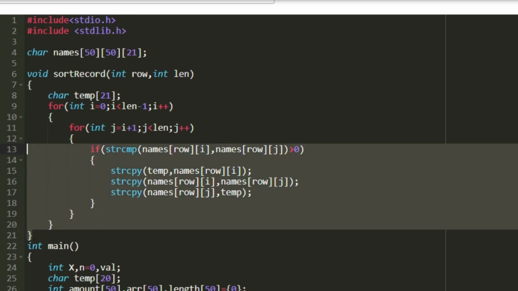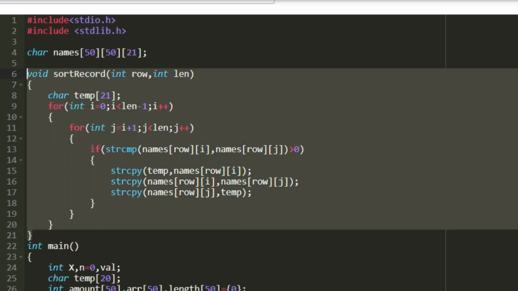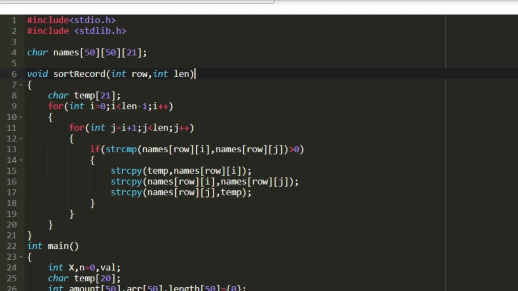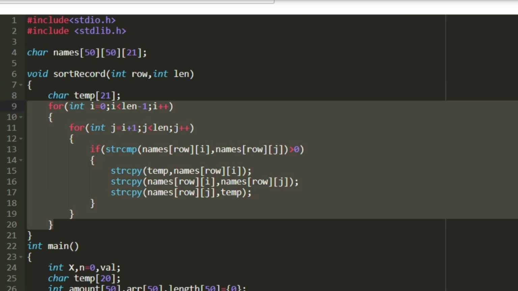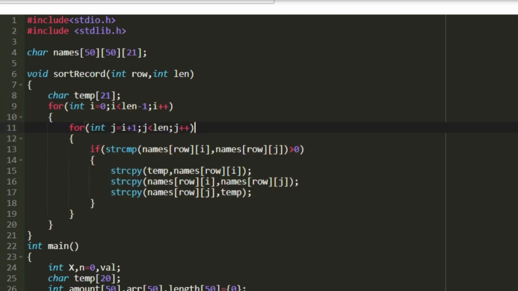So this is that function sort record. In the arguments I am accepting two variables named row and len. So the len is nothing but the number of strings present in that particular row. So what we will be doing is we will be sorting our character array at that particular row. So the character array names is already defined outside the main function, so we need not pass it in our arguments.